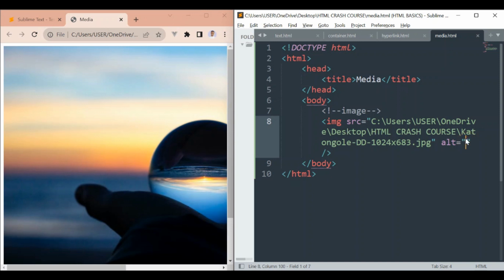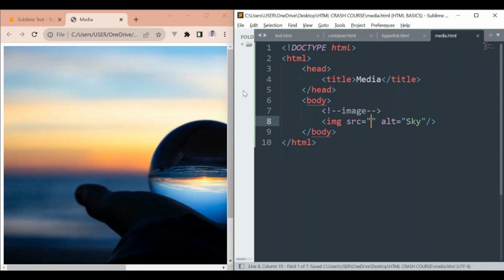So the alt attribute is used to add a name to the image, and it also improves SEO ranking. So let's say the name of this image is, I'm just going to call this sky. Let's just say sky. I don't know what to call it. So sky, and save. It's not going to show, but if we get rid of the image source and save, then reload,